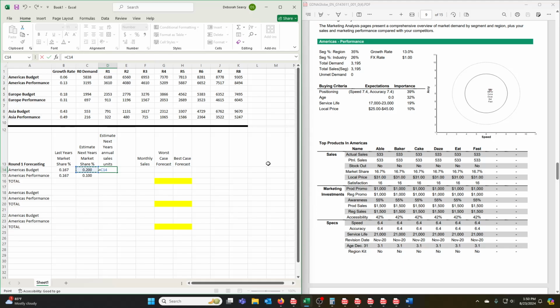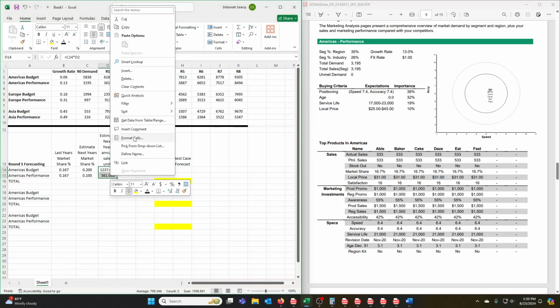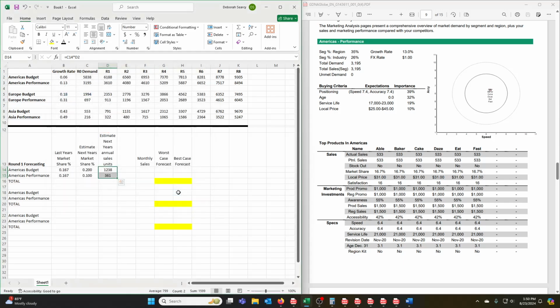Okay, so what that translates to is next year's market share, so 20% market share, times the total demand for next year, right? So I will sell, as I estimate, 1.2 million units, right? And so to do the same thing, next year's market share in performance times the overall market share for performance for next year, okay? So let me format my cells. We don't need all those decimal places. All right. So over the course of the entire year, I will sell 1,238,000 units, which means on a monthly basis, I will sell that number divided by 12, or a little over